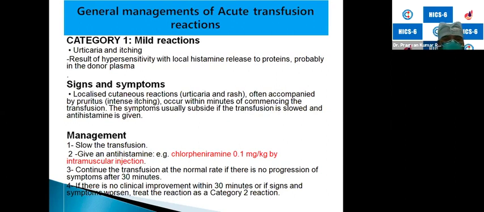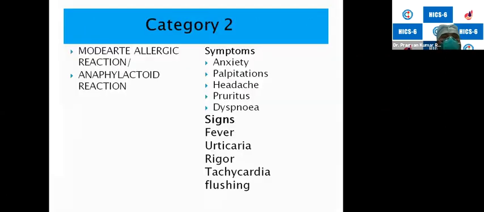Definitely give IV fluid and chlorpheniramine. And there we can continue the transfusion at the normal rate if there is no progression of symptoms up to 30 minutes. So check for 30 minutes. If there is no progression, sit tight, restart the transfusion with good vigilance. If there is no clinical improvement within 30 minutes, the patient goes to category 2 reaction, where it's a